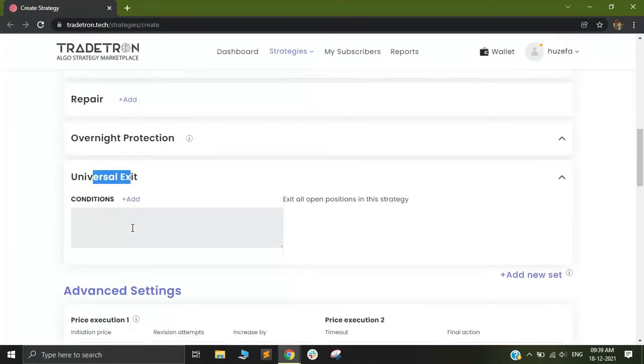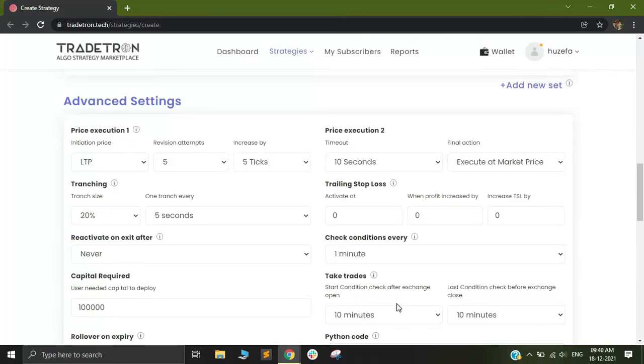Also, if there are two or more legs, the tranching will maintain the ratio of quantity of each leg. For example, if a ratio spread is there with 100 lots of buy and 400 on sell, and we are using 20% tranching, it will complete 20 lots of buy and 80 lots of sell in each tranche, and then it will move on to the next cycle of tranche only after the first tranche is completed for both the legs. So this way you can optimize your strategy and make sure that you are following your logic in an optimal way and are able to trade seamlessly in the market.